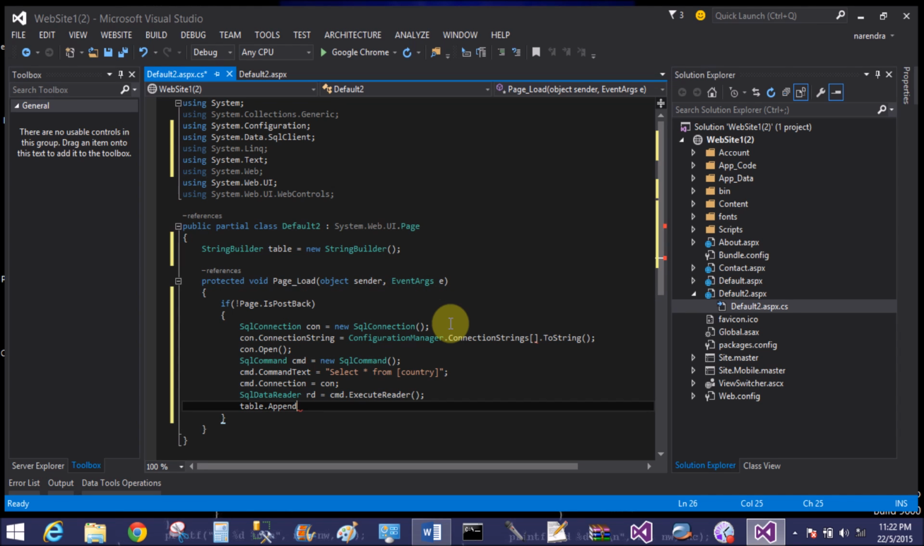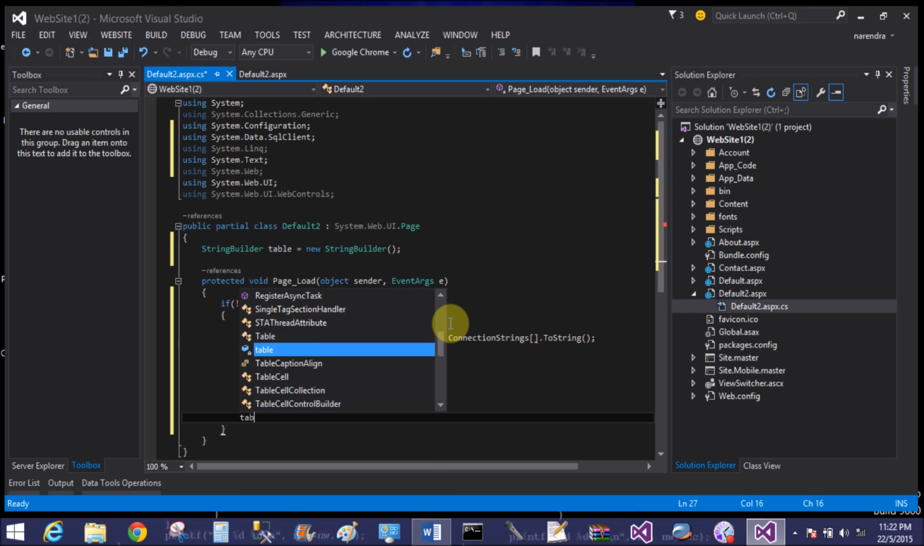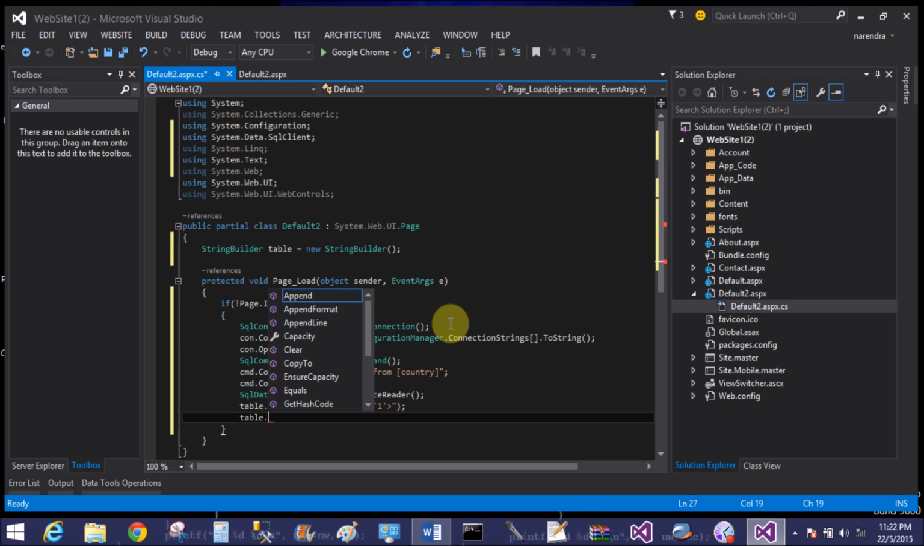So table.Append. Table is an instance of the StringBuilder class. Now create an HTML table here: table border equals single quotation 1. So table.Append again,